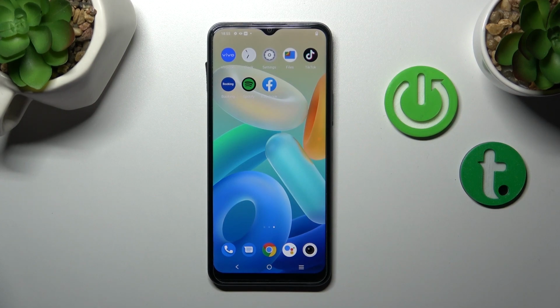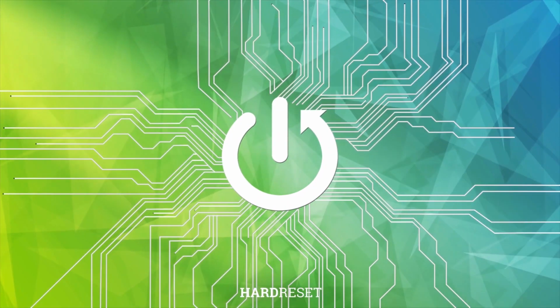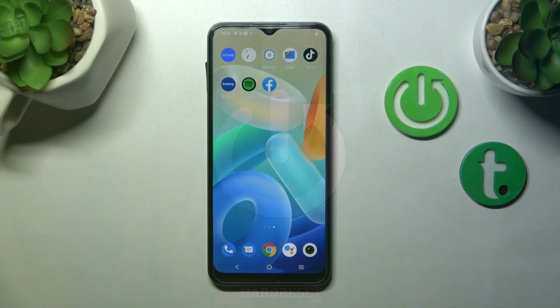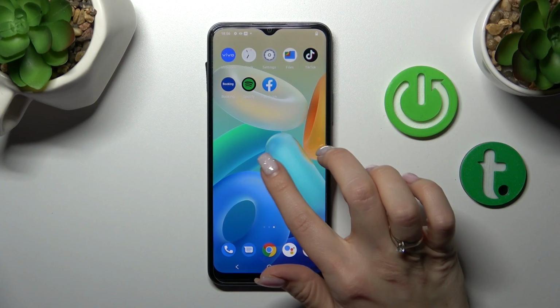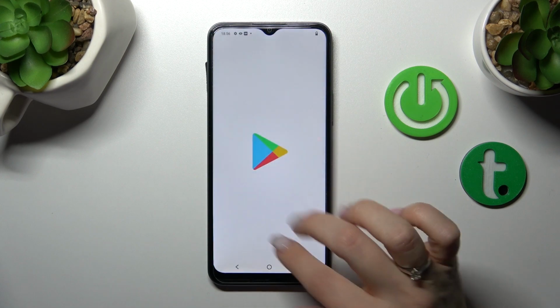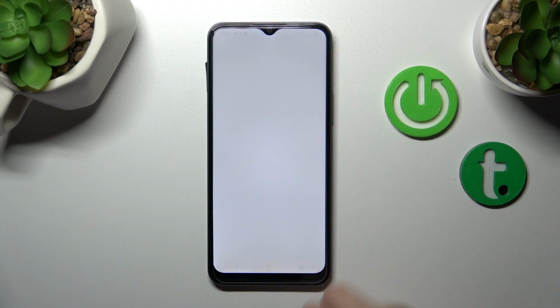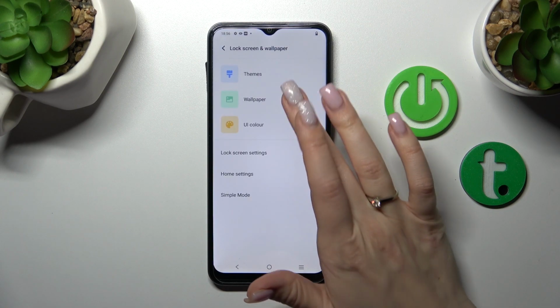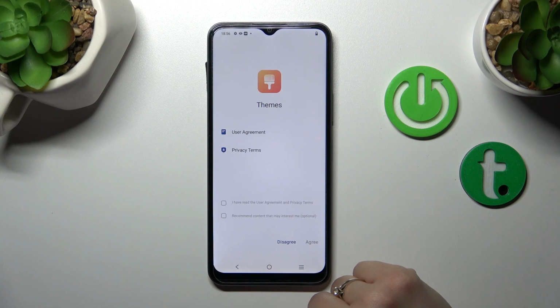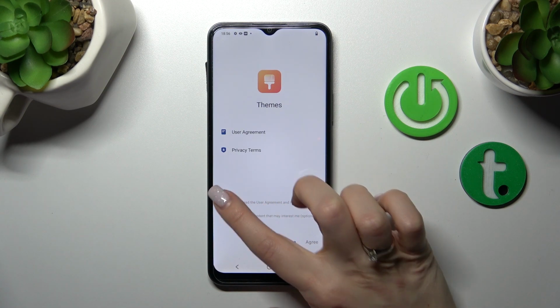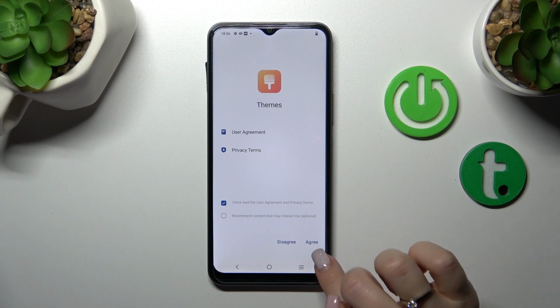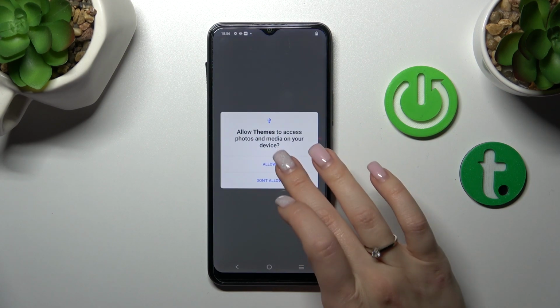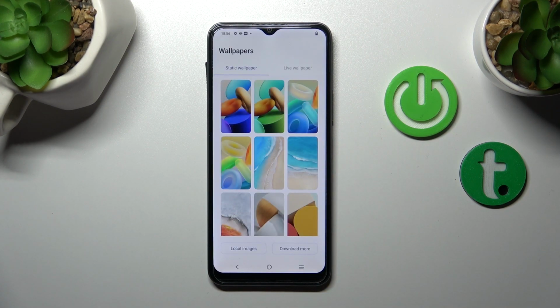Hi, today in front of me is a Vivo Y16 and I'll show you how to change the lock screen wallpaper on this device. So first, let's just open the settings application, and then we should tap on the lock screen and wallpaper section. Then tap on wallpaper and here click on this checkbox, tap agree, click allow, and now we can see